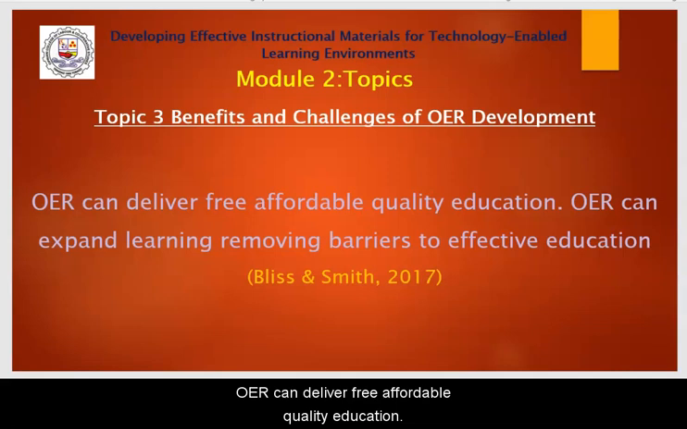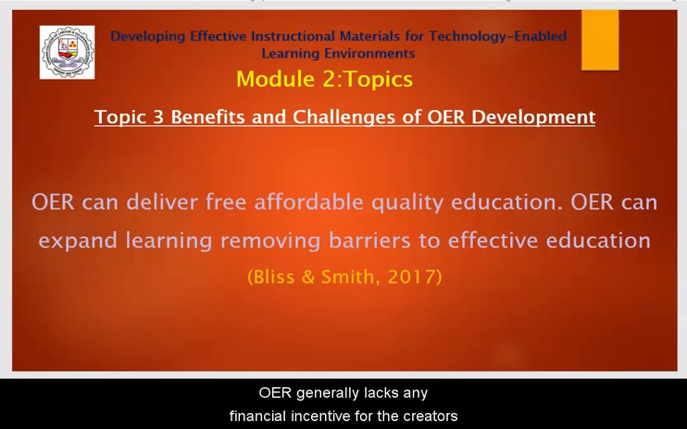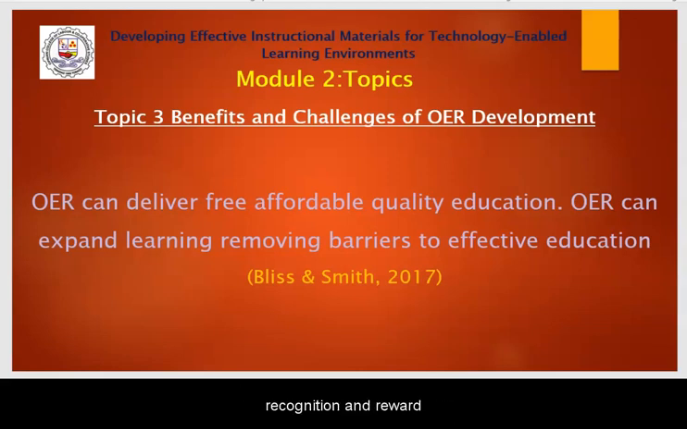OER can deliver free, affordable, quality education. OER can expand learning by removing barriers to effective education. OER developers are faced with the challenge that their product may go largely unused after expending considerable effort. Users may not know which repository to use for access, or links may change or disappear. OER generally lacks any financial incentives for the creators, but in a commercial context, the same efforts will receive recognition and reward. Now on to topic number 4,